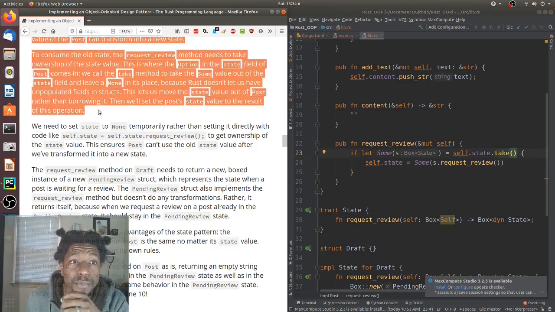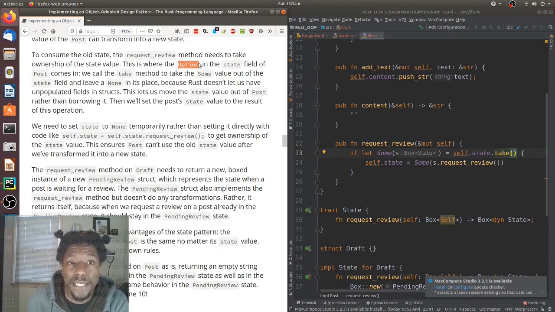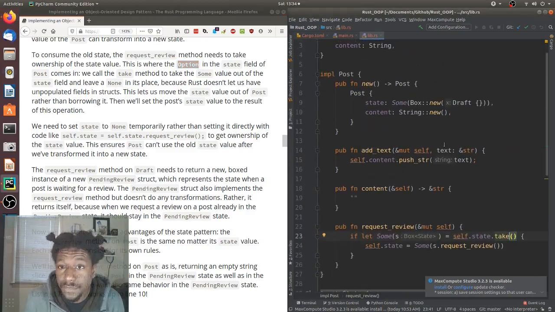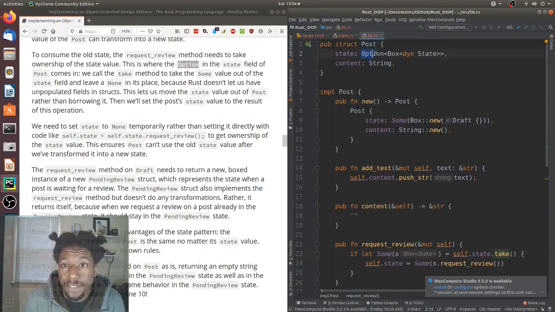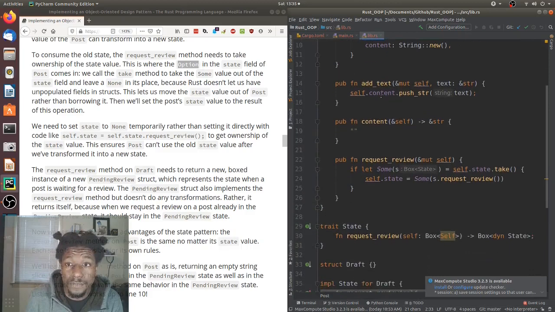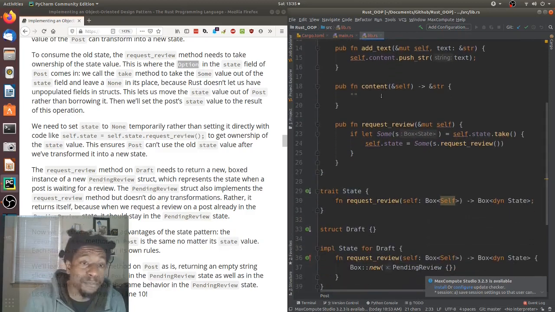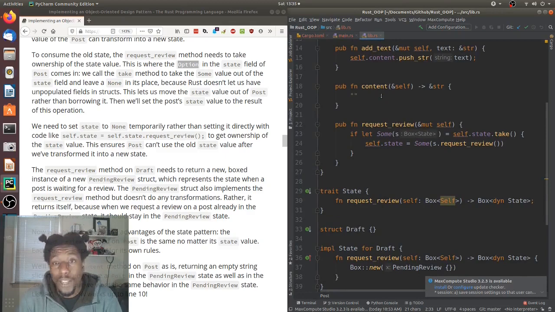This is actually really important. This is actually telling us right here why we need the Option. They're seemingly doing a switcheroo. So for Rust, when you have a struct, the field has to have a value associated with it. And currently, our post has an Option that has the state. Like we create a new post, it has draft. Our ownership of that state belongs to post. But in order to have it dropped out of memory, we need to take that ownership away from the post